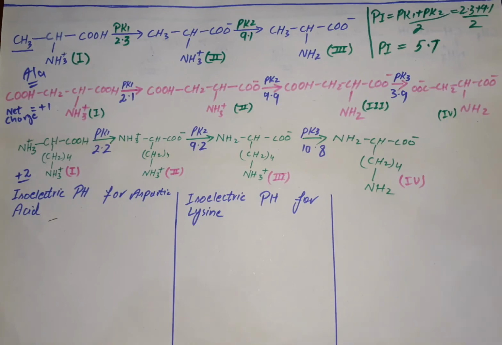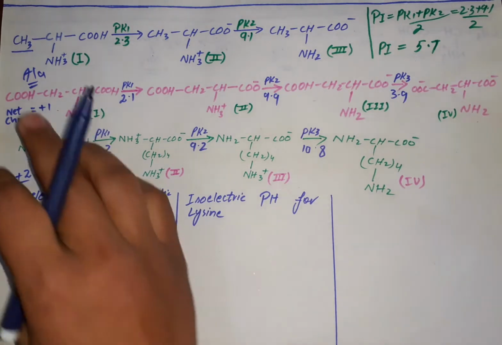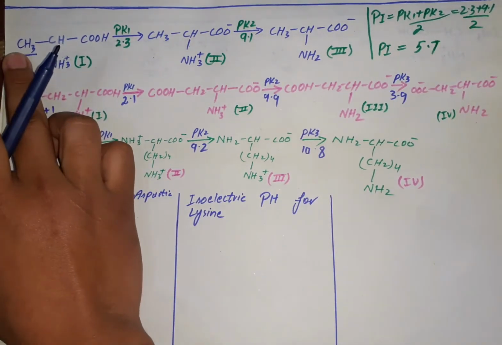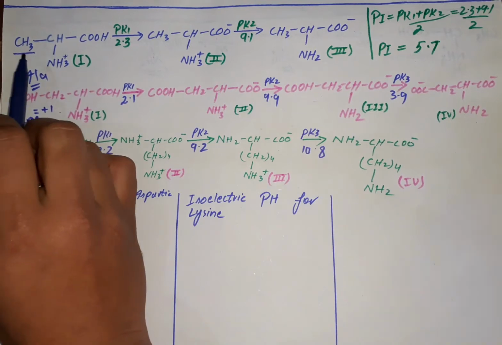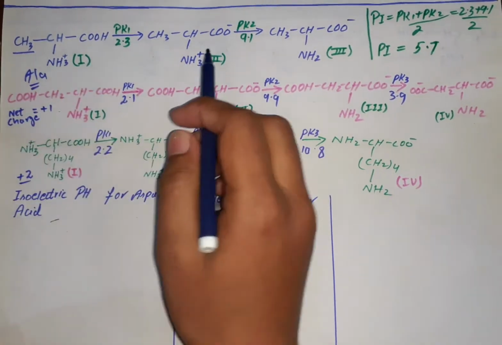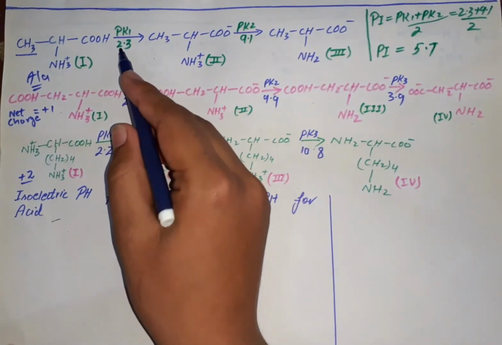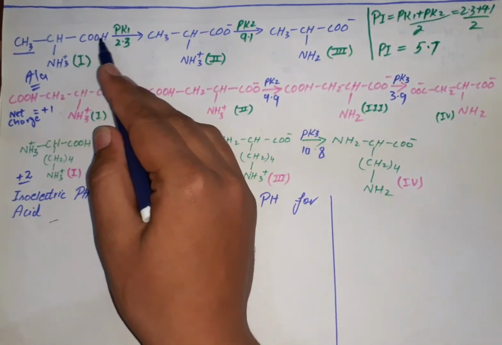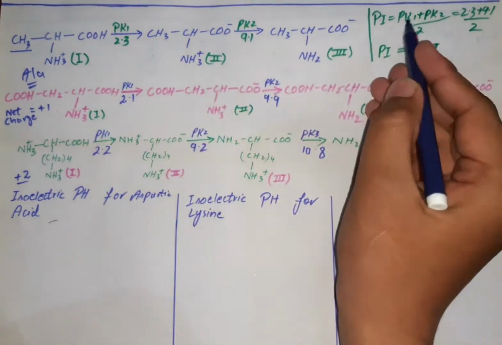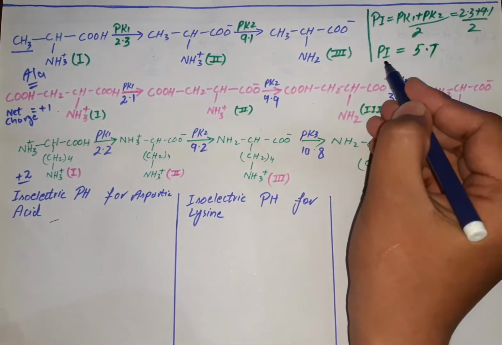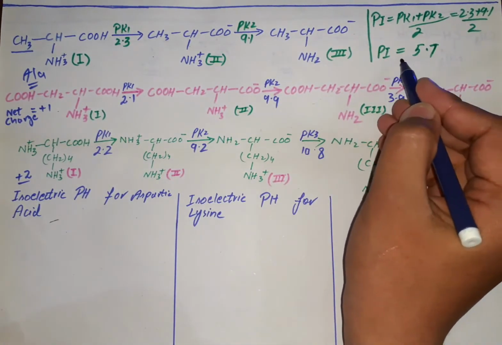Now we are going to discuss how to calculate isoelectric pH of acidic and basic amino acids. When we have a simple amino acid such as alanine, which has a CH3 group that is a non-ionizable group in the side chain, it is simple to calculate its isoelectric pH. In order to calculate it, the two pK values at which its carboxylic group and amino group ionize are added together and divided by 2